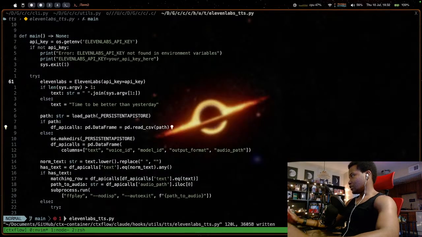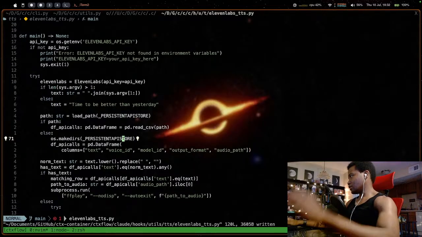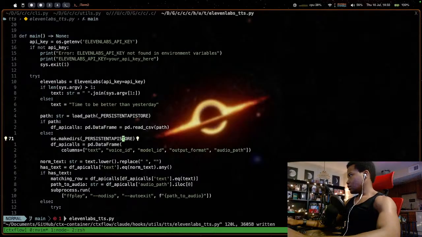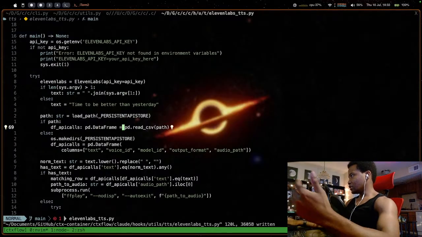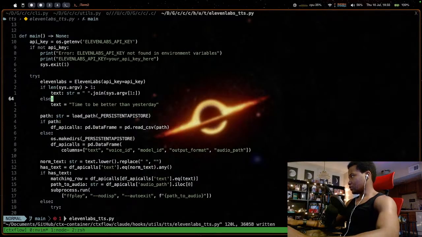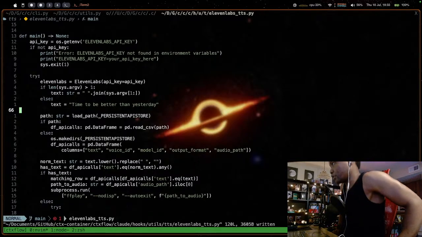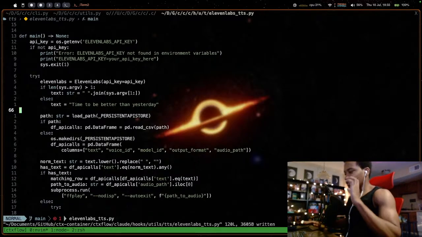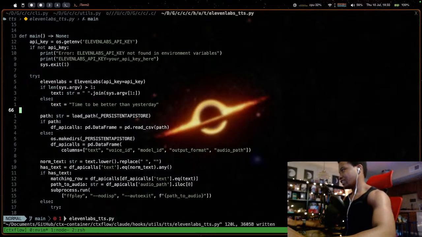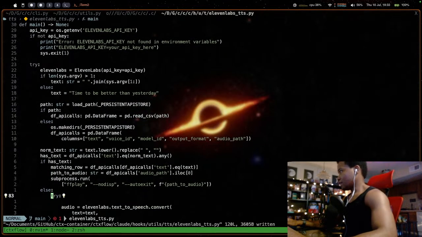So now we send in a request. We'll get ready to send the request to ElevenLabs. If there's a command line argument that we're hooking it up to, else just basic text. Because I do an LLM completion if I want, because I want it to be kind of personalized, but then it'll have base stuff like this where it doesn't matter. So like text and then path.